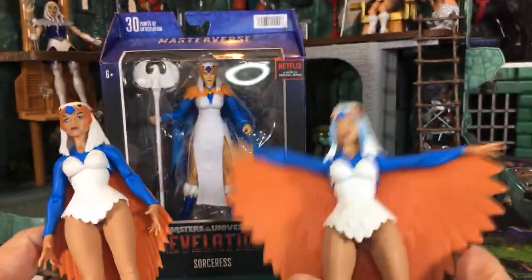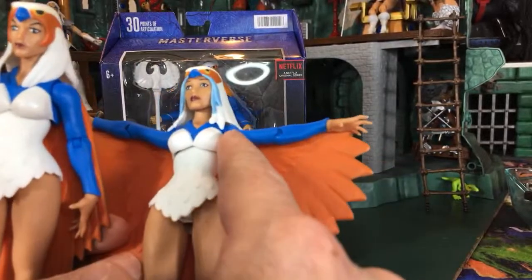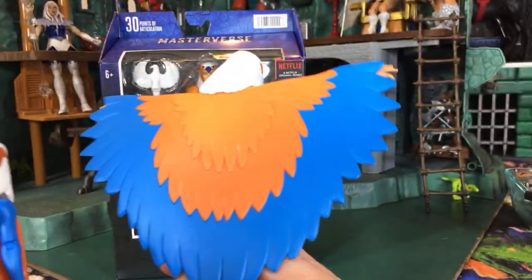Now, one thing is when I first did a preview of these figures, I showed some flaws. Like one, you can't put her arms high enough to hook to the wings unless you turn them upside down. And two, I talked to my